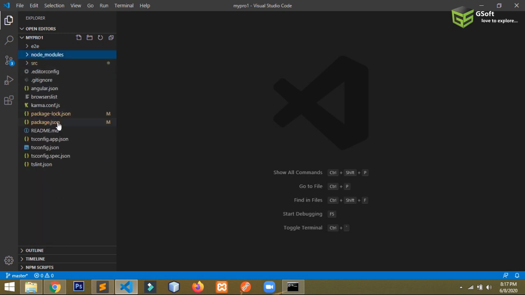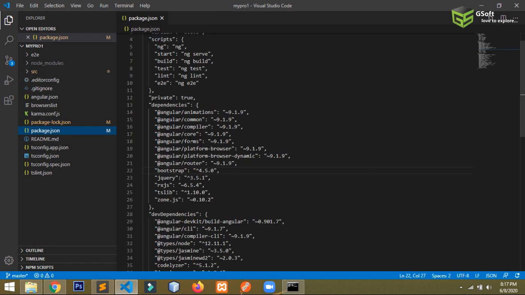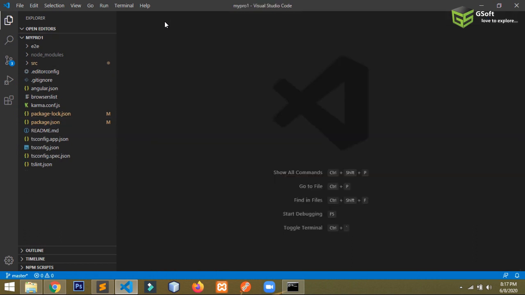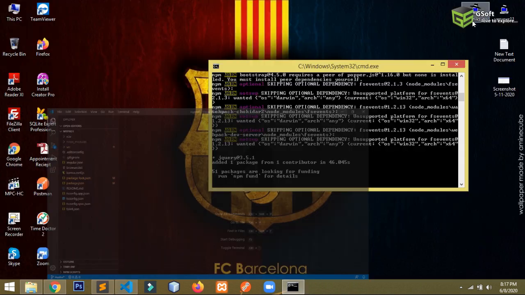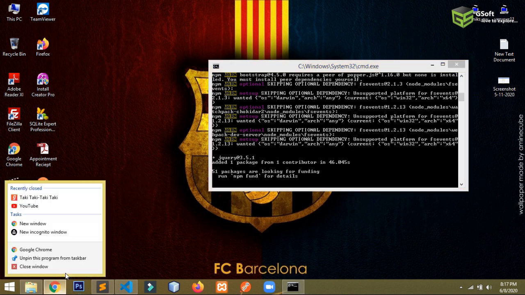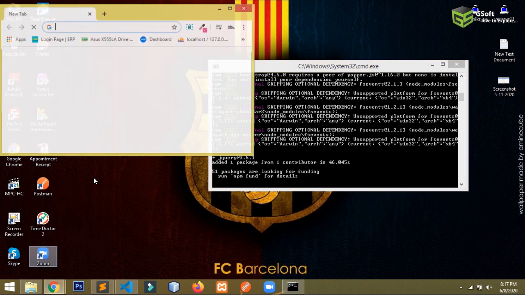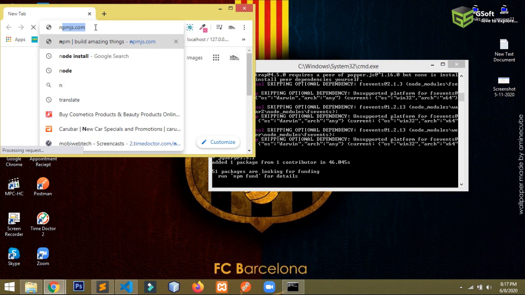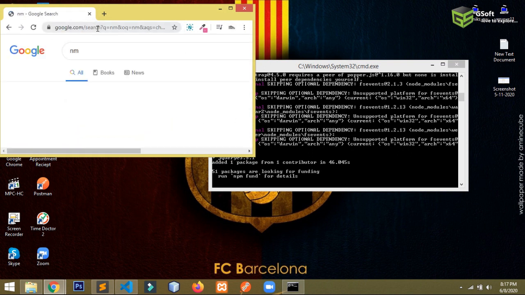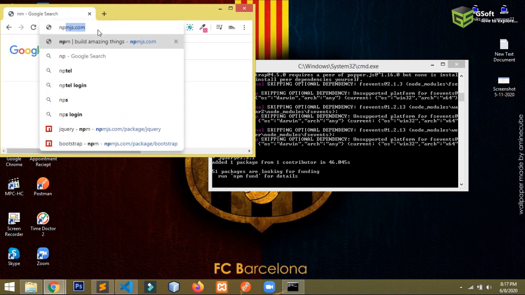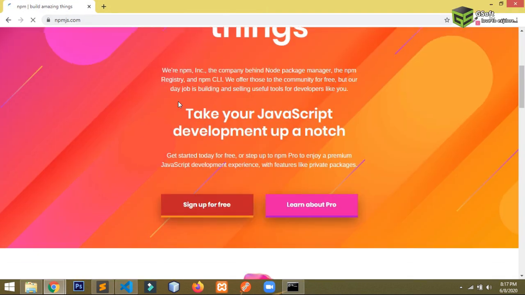Let me open the package.json file, and you can see Bootstrap and jQuery have been added successfully and automatically. So in this way you can install as many modules as you want. If you want to add more modules, you just have to go to npmjs.com, and you can search as many packages as you want.